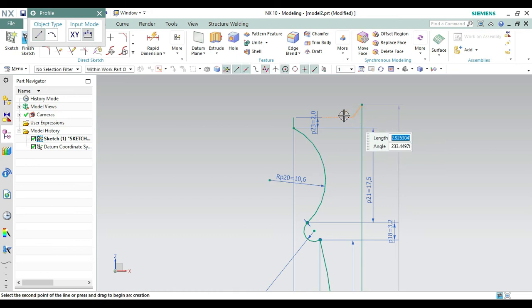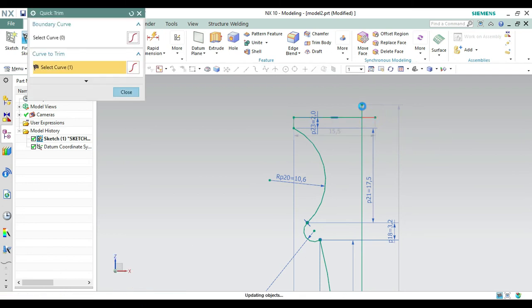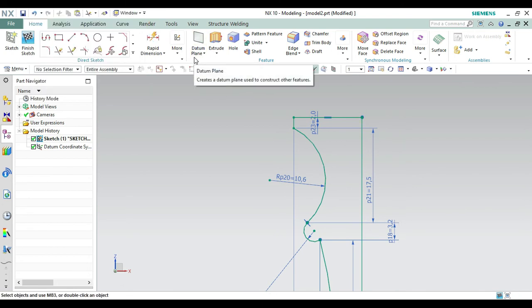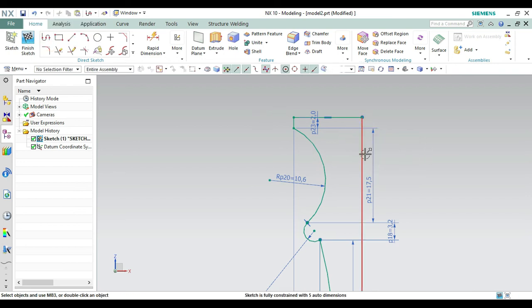Now what we have to do is remove this one, take this one here. Now we have to trim the extra portion, quick trim, and trim these two lines from here. Now first going on the profile command, taking this as a point, and just convert this line to reference first. Okay, now going on this line,